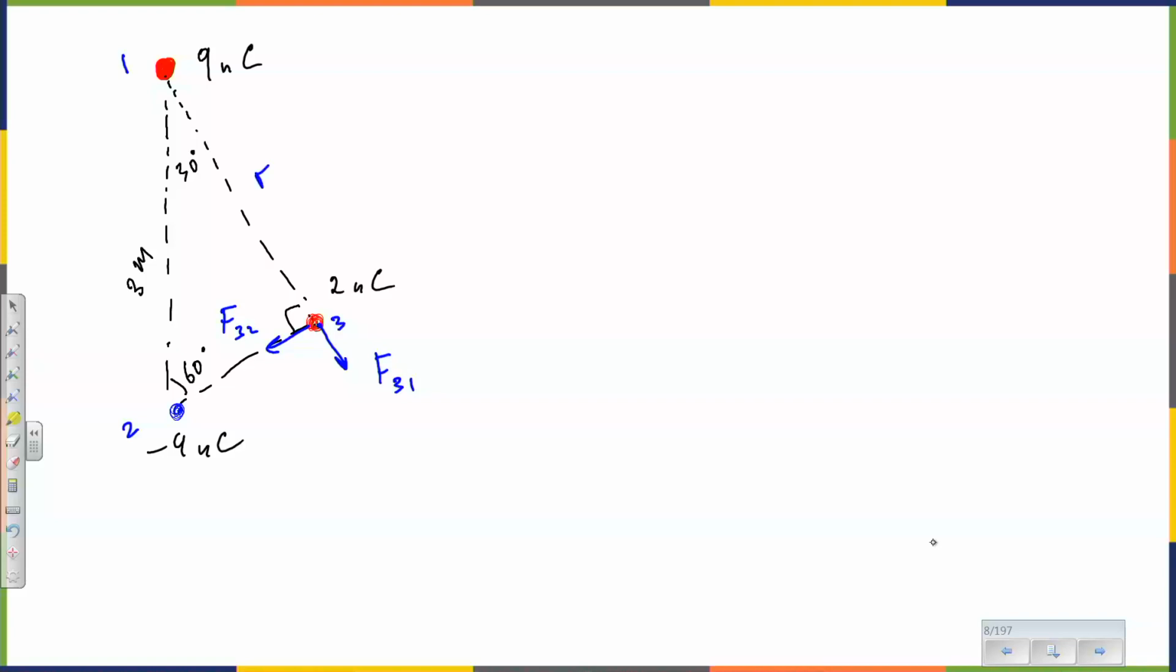Now, this should be the distance between charges 1 and 3. This should be the distance between charges 2 and 3. Why do we need those? Well, because we need to calculate each individual force first. So the magnitude of this force, 9